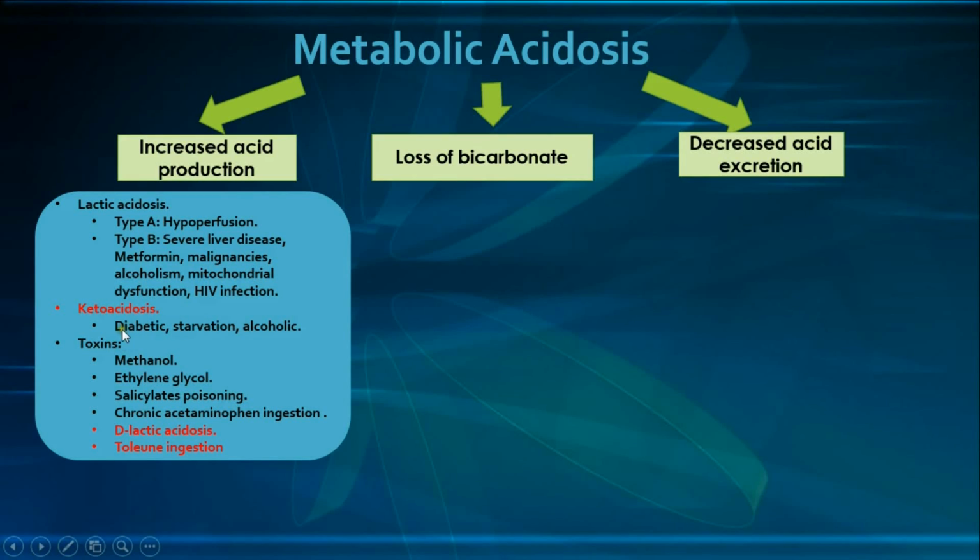Great, now let's move to the toxins which cause metabolic acidosis, starting with methanol, which is metabolized to formic acid and therefore causing a high anion gap metabolic acidosis. We have ethylene glycol, which is metabolized to oxalic acid and glycolic acid, both of which cause high anion gap metabolic acidosis. And then we have salicylate poisoning, which is aspirin, and aspirin can cause metabolic acidosis through various mechanisms,